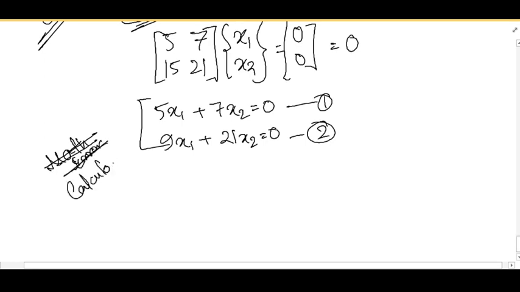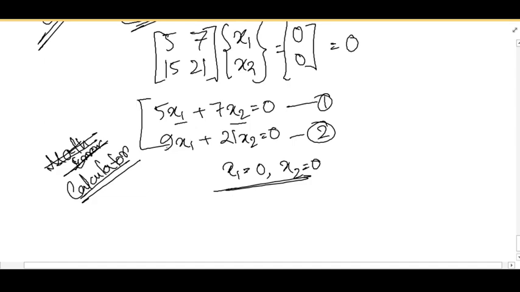Just because of what? Calculator, use this thing, you'll be getting the value of x1 equals 0, x2 equals 0. But because of what? The first thing is all the right side components, as you can see, the constant values are 0. This is the first focusing point. The second one is that there is no other combination of x1 and x2 which will give you the 0